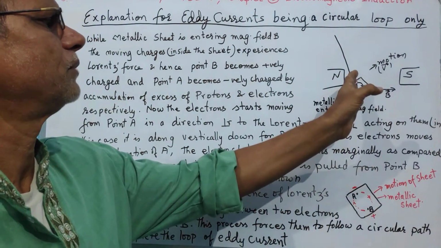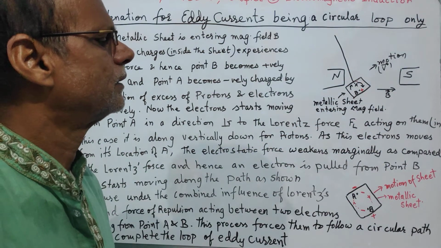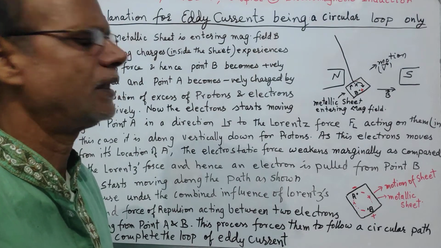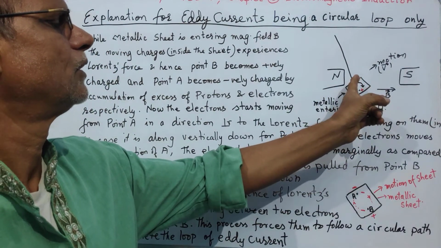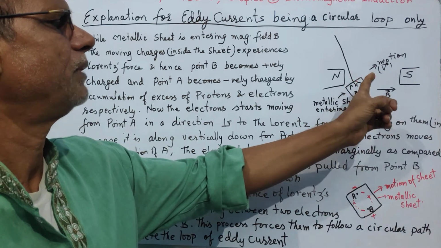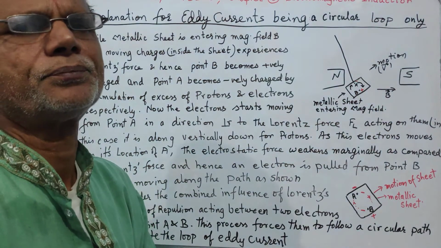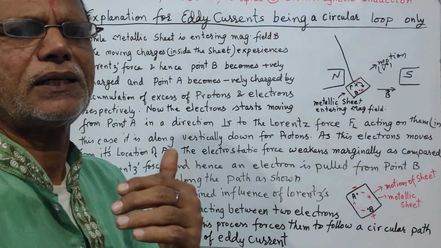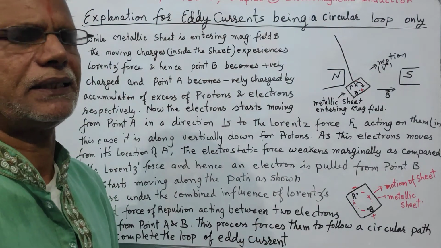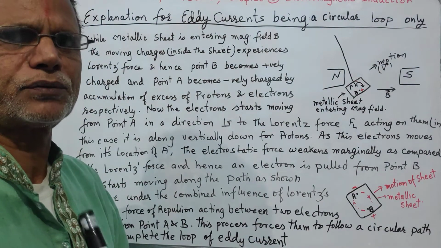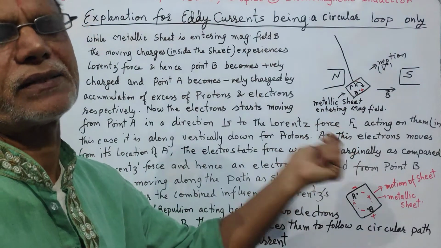So why it is circular, now you can understand that the Lorentz force disallows them to move directly from point A to point B, and another electron is generated because of the movement of the electron from point A in a direction perpendicular to the Lorentz force. This reduces the electrostatic force due to the electric field generated as the charges are separated, and therefore the Lorentz force now becomes marginally stronger and pulls another electron from point B,